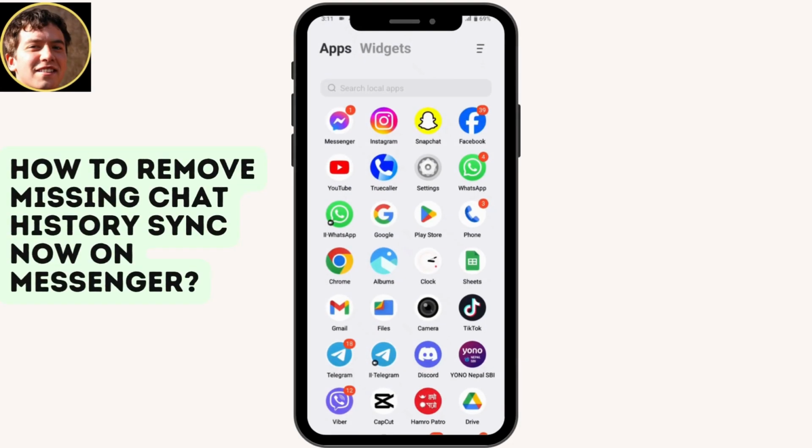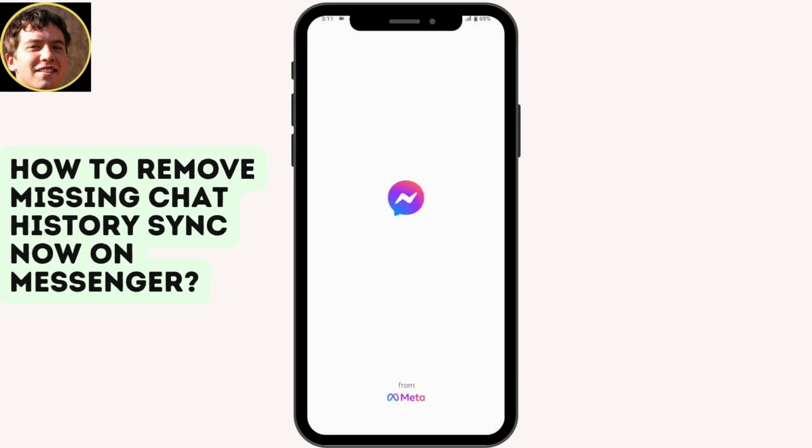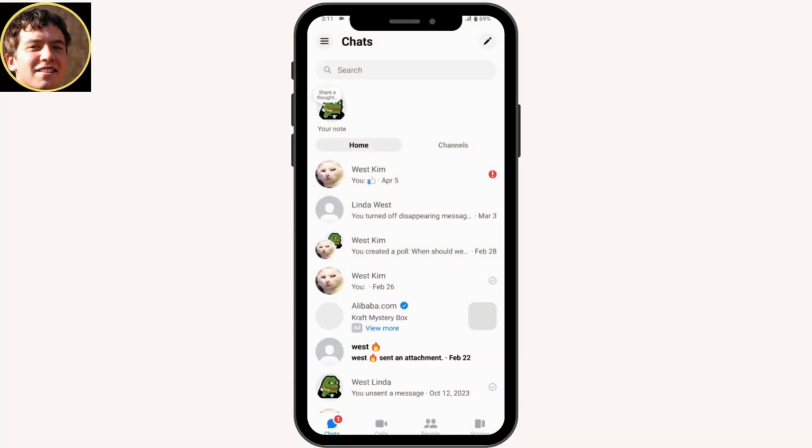How to remove missing chat history, sync now on Messenger. So if you open up your Messenger, here you may have an option of chat history or sync chat history on the upper side of your screen. So if you want to remove that from your Messenger, or if you want to turn off the missing chat